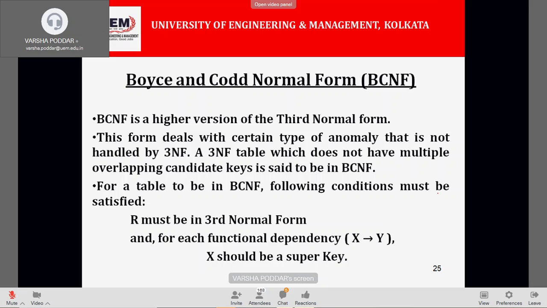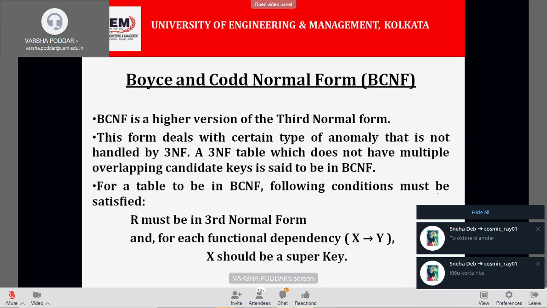So what happens here? Here the stringent rule is, if there is a given FD set for a relation, R is a relation, and suppose there are given FD set, 4 FDs. For each FD, the left hand side should be a super key.